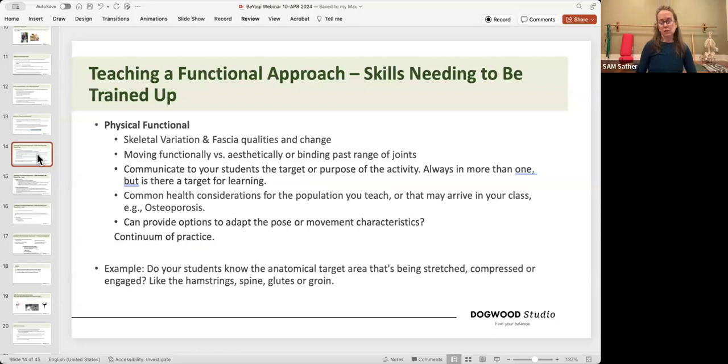So common health conditions, you need to know those. And the biggest one for my studio is we have many, many seniors, but we also have people of all ages that usually have some kind of history of a health condition, or they just don't feel good a lot of the time, and they're just like, why don't I? And they're coming to a practice where they can cultivate this safe space to learn. And so osteoporosis is one. This is all the continuum of practice. So that's one, the physical functional part.